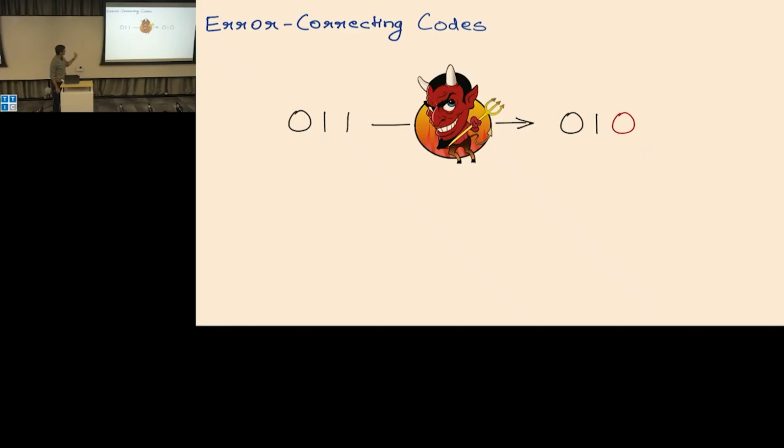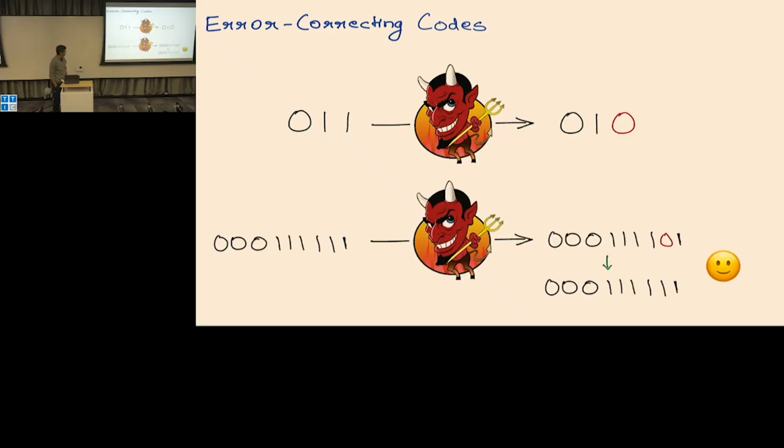Okay, and suppose we want to communicate 3 bits and the adversary can corrupt any 1 bit, and in particular something like this. Then we want to figure out what's a good way of encoding the message, or a better way of sending this message so that even if any 1 bit is corrupted, you receive the intended message. And here's one way of doing it: just repeat everything 3 times. And of course, if you and I both know that everything is repeated 3 times, we can always figure out the mistake. Okay, and coding theory is about, can we do this better? And in particular,